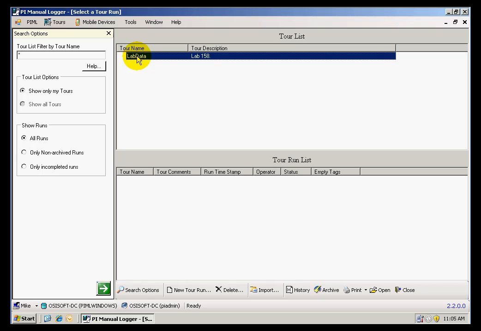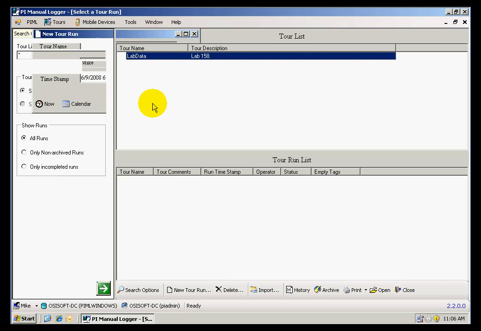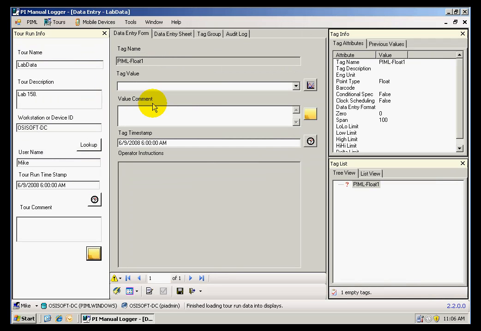I can see the Lab Data tour that was created, and I want to create a new tour run. That means that I'm going to collect information for this tour, and I'm going to collect information, let's say for the 6 a.m. tour at the beginning of the shift. Click OK,